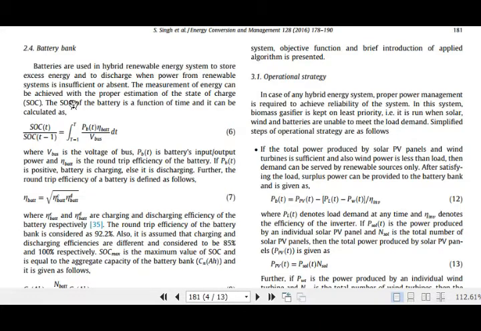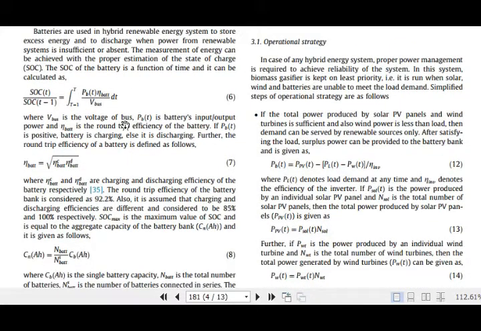The next thing is the battery bank. The battery bank SOC is very important because the depth of discharge matters when you design a hybrid renewable energy system, because there may be certain constraints on this depth of discharge. There may be upper limits and lower limits. The last one for this battery bank is the charging and discharging, meaning the converter and the inverter efficiency and the round trip efficiency. Round trip efficiency includes both the charging and discharging. If you combine both these things, it is given by this equation.